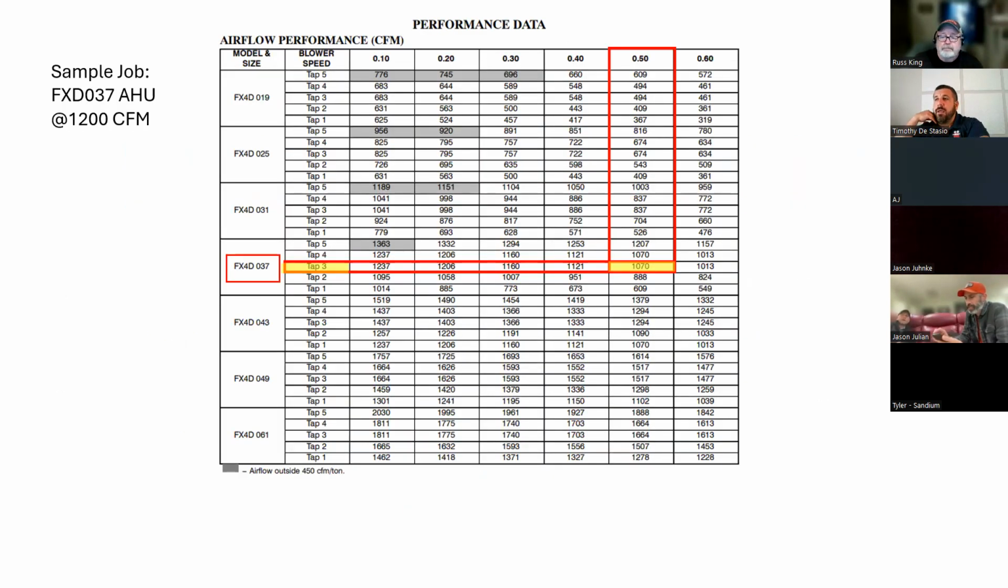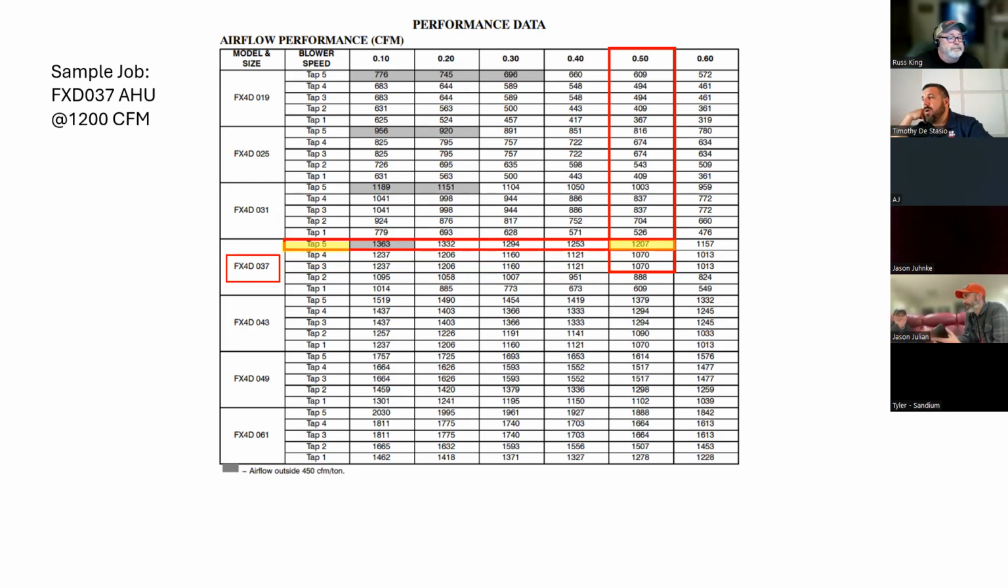This is an older air handler. I meant to update this air handler, but I just ran out of time. This is an older Carrier air handler. Let's say that we've done our Manual J and Manual S, and we've figured out that we need this FXD 037 blower, and our target CFM is 1200. Well, the only way that blower is going to move 1200 CFMs at 0.5 inches static pressure, which is kind of where we would start with our static pressure,